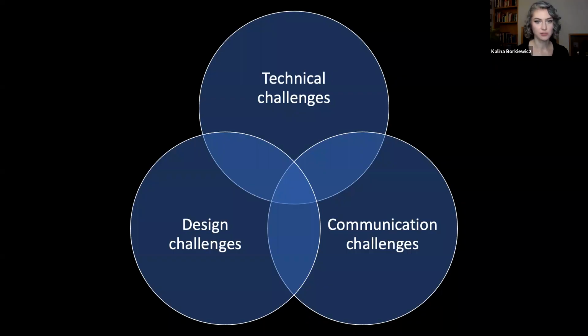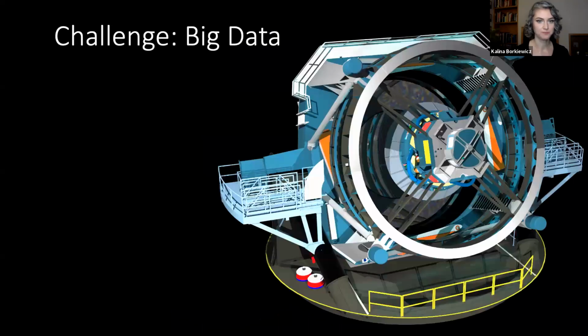With that, let's move on to some technical challenges. The first is that we're working with big data, and what that means keeps changing every year. Big data keeps getting bigger. And that goes for both simulation data that's created on supercomputers, as well as observational data that's collected with sensors like telescopes. What we're looking at on this slide is an early rendering of the Vera C. Rubin Observatory, which is expected to be completed next year, and is going to produce 20 terabytes of data every single day.